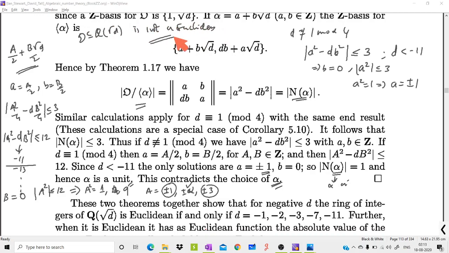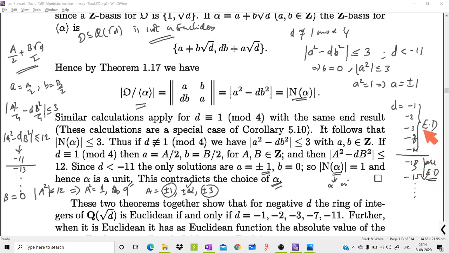Okay, so we have proved that whenever D is equal to -1, -2, -3, -7, -11, -13, -15 and so on, for all these values up to this value, we have Euclidean domains. From this, all the rings of integers of Q of root D in this other category are not Euclidean domains. Okay, so we have classified